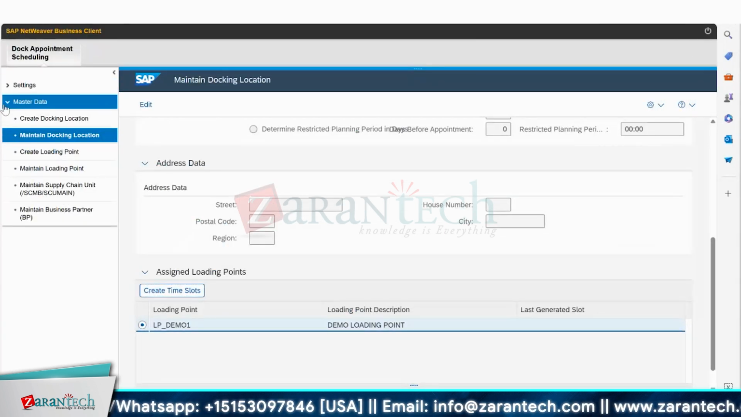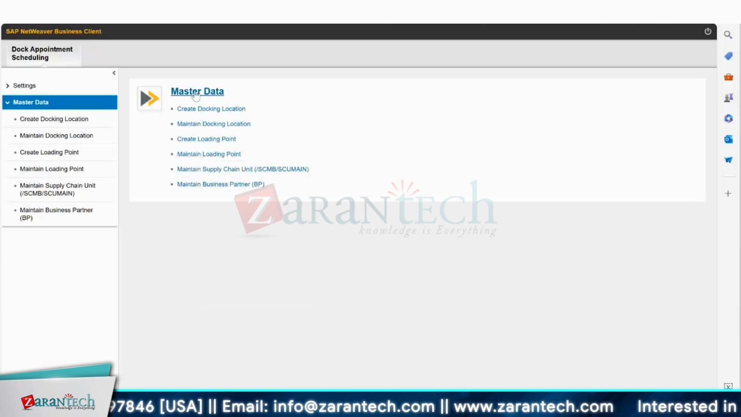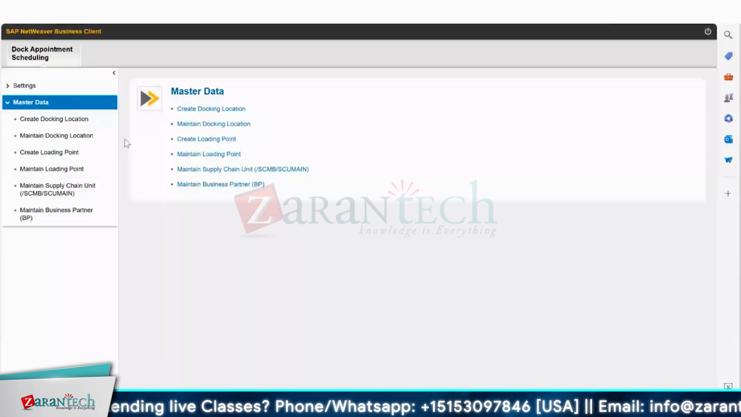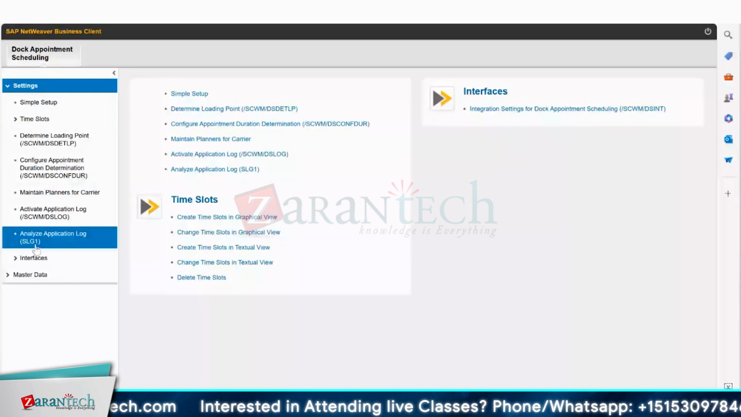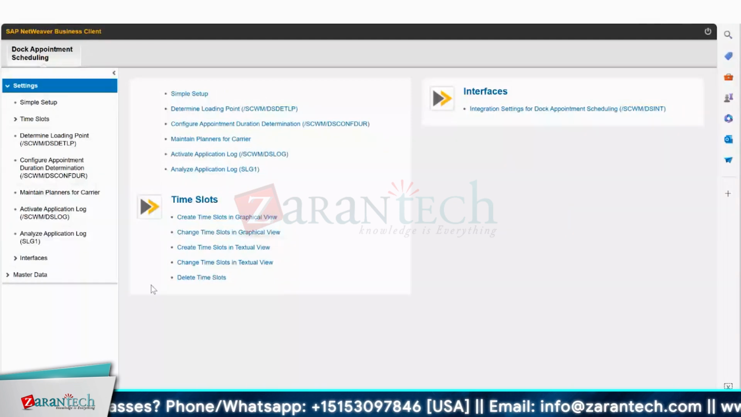So now the next important thing is you have created the docking location, you've created the loading point, you have maintained the time slots. So what else do you need to do, right? From a settings perspective, there is an integration part that needs to be done. Okay, so if you go over here,